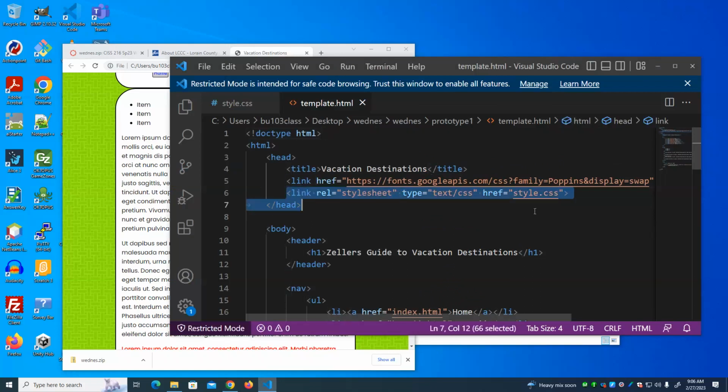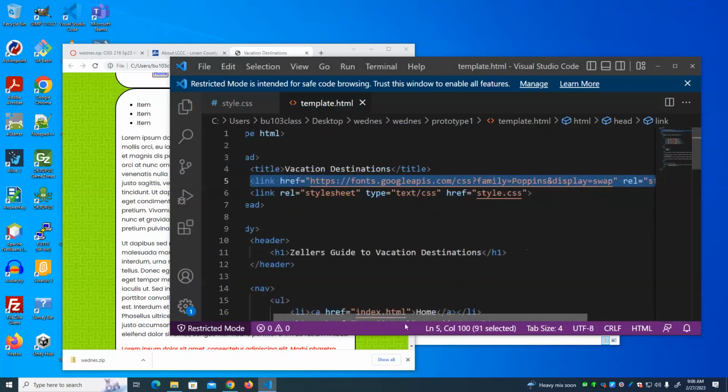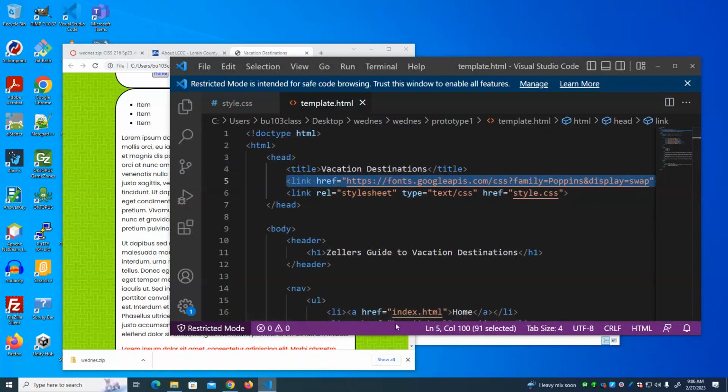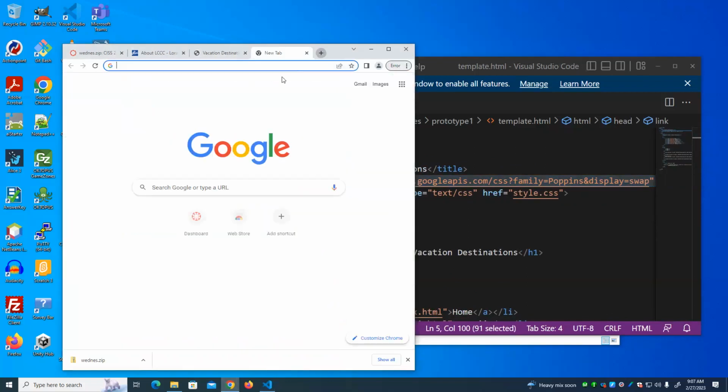We have our style sheet, and we have a link to this style sheet for Google Fonts. Google has a lot of fonts out there, and what we can do is actually use those fonts on our pages, and that's relatively easy to do. So if we want to use a specialized font, we can